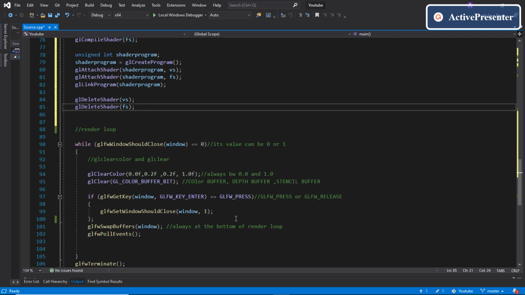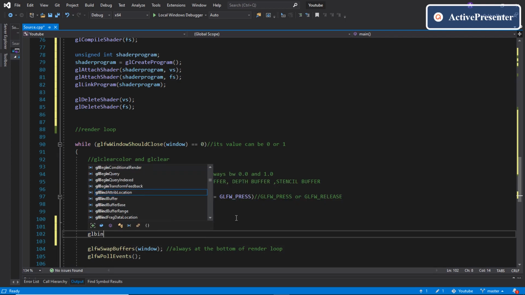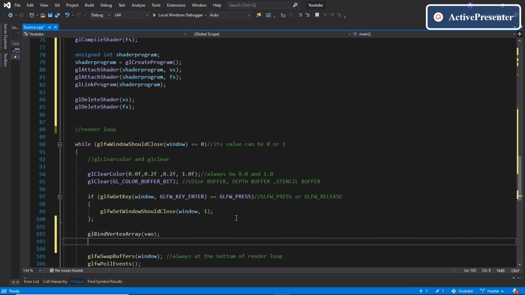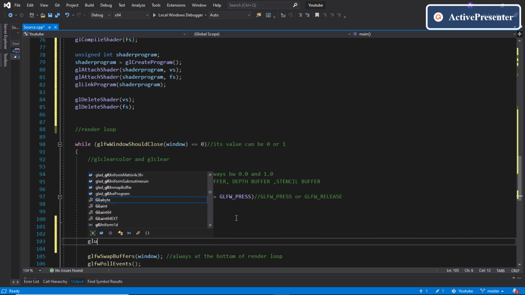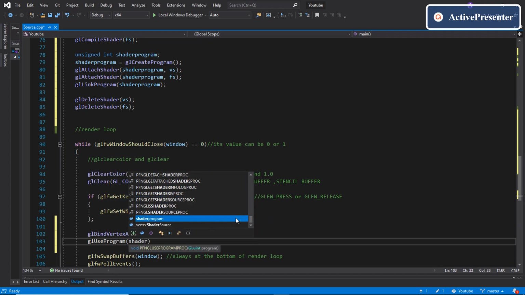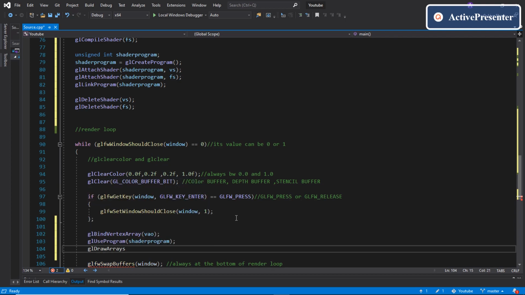Now inside the render loop, first of all, we'll bind our vertex array object. So glBindVertexArray VAO. After that, we'll bind our graphics pipeline, that is glUseProgram and shader program. After that, we'll use the function glDrawArrays to tell OpenGL to actually render stuff onto the window.